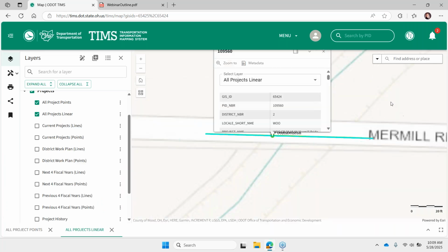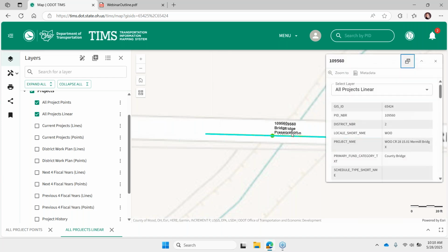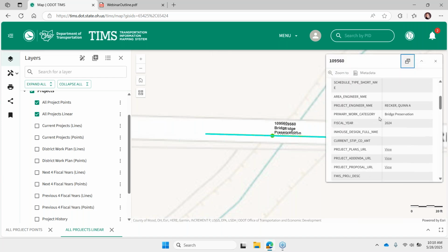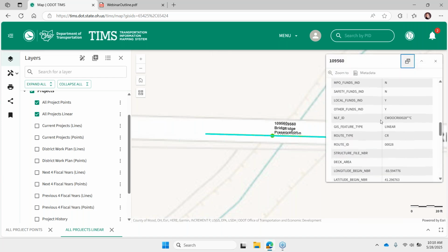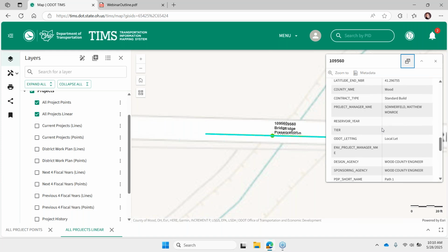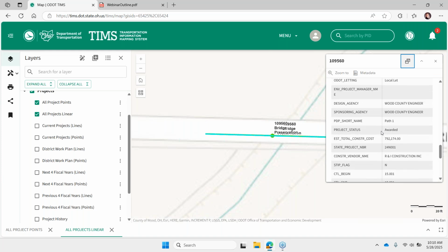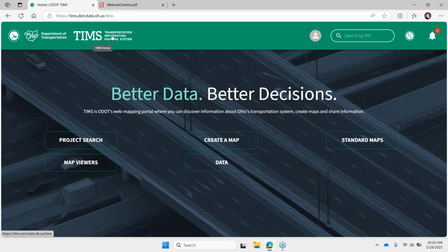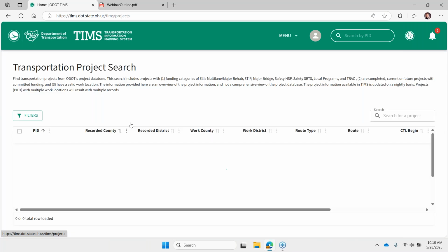You can minimize that table to get some more real estate and dock that pop-up. So it's just another way of consuming all that project information, lots of ways to deliver that information so you can consume it however you're comfortable. But we're going to go back to that home page and now initiate this project search page from scratch.